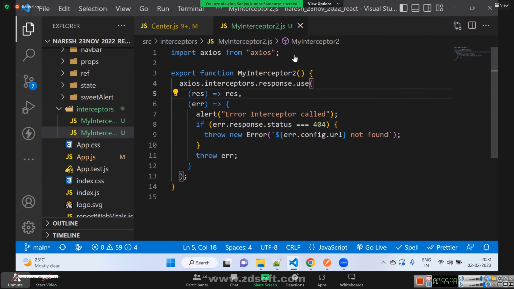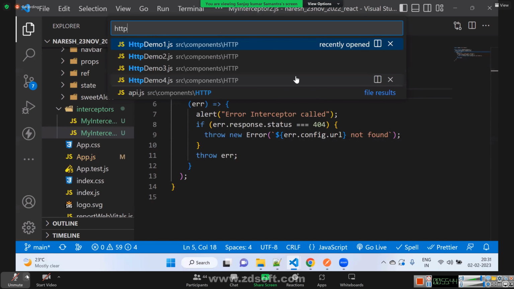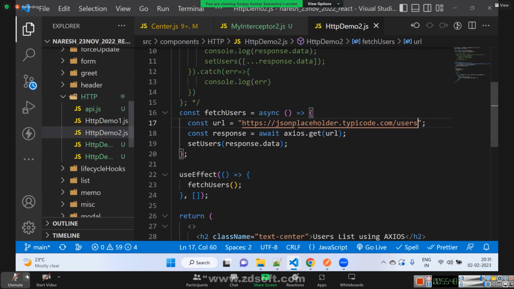Sometimes we have to. Let's say in HTTP demo 2, when I hit this URL, it returns me some data. Using that data, I'm again writing response.data, right?